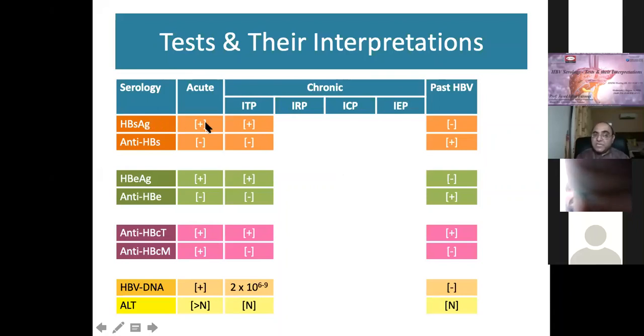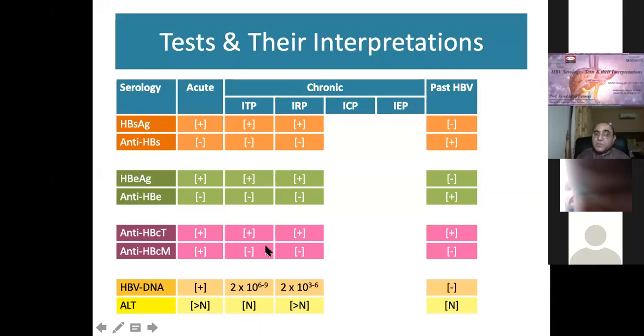In the first phase of chronic hepatitis B, the first virological phase, which was called the immune tolerant phase, HBs antigen has to be positive because this is chronic hepatitis B, and anti-HBs has to be negative, because when the antigen is positive, the antibody will be negative. The E antigen is positive here, so the antibody will be negative. It's simple to understand, you don't get confused. The core antibody is positive, total is positive, IgM is negative, viral load is very, very high, but the ALT is normal. So this is the immune tolerant phase, and nowadays this is called HBe antigen positive infection, because ALT is normal.